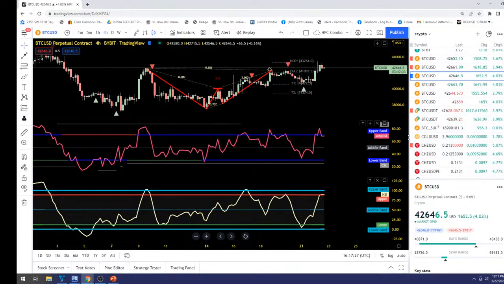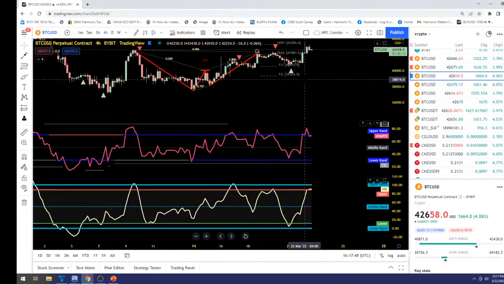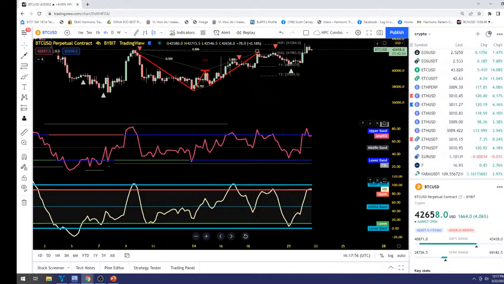My thing is that if it can fail here and break out, I think you would see a larger acceleration. You would see this thing for the first time all year do some stuff. We'll know. I mean, the big type 2 off this bat hasn't registered, hasn't confirmed yet. And then you have a number of things that are running. So let's get to those altcoins